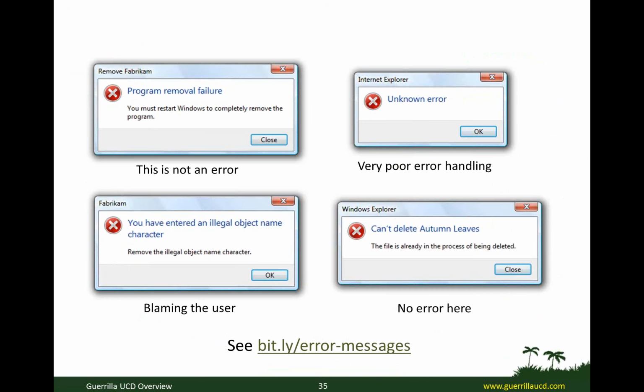Microsoft has a nice page about error messages, and these are extracted from that, and you can follow this bit.ly link at the bottom here to get to the original. But what's, I think, entertaining about these messages is that they're really not sensible error messages at all. They're talking about things that